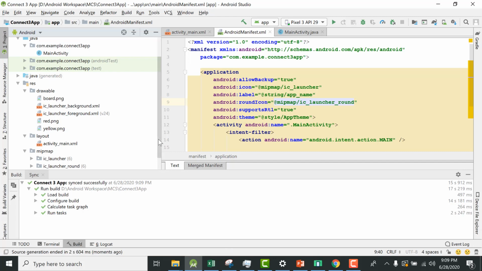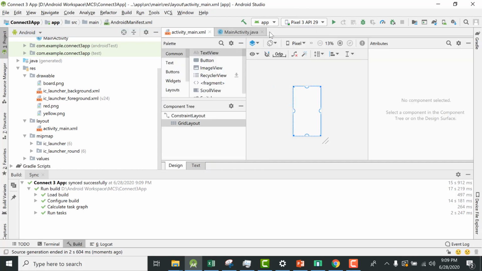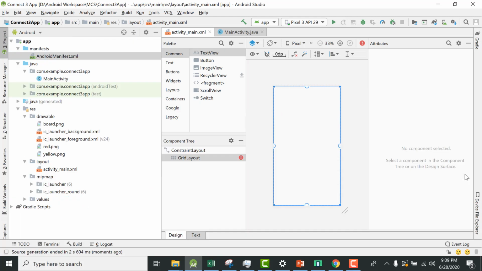I think Android Studio has completed its job. So I'm going to go back to Android Studio, get a little space. So grid layout has been added. So let me select this grid layout,